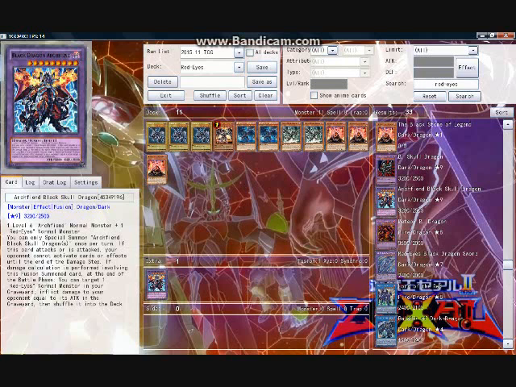This condition makes Archfiend a great finisher card due to its Armades-like effect and its ability to typically inflict 3,000 to 4,000 damage on the turn it's summoned. However, it is an incredibly bad field control card, lacking any inherent protection,